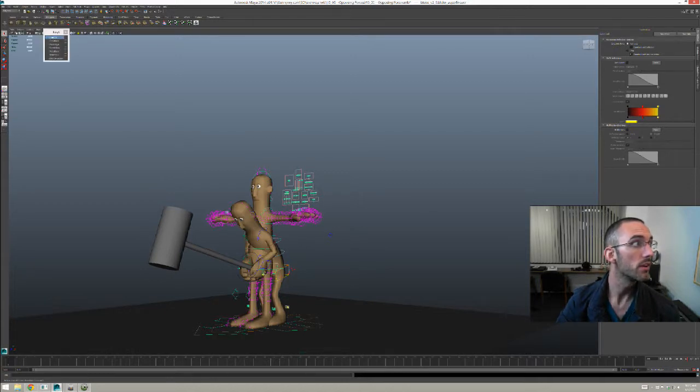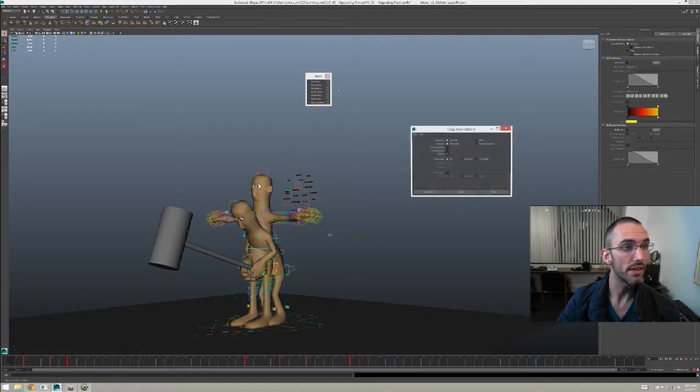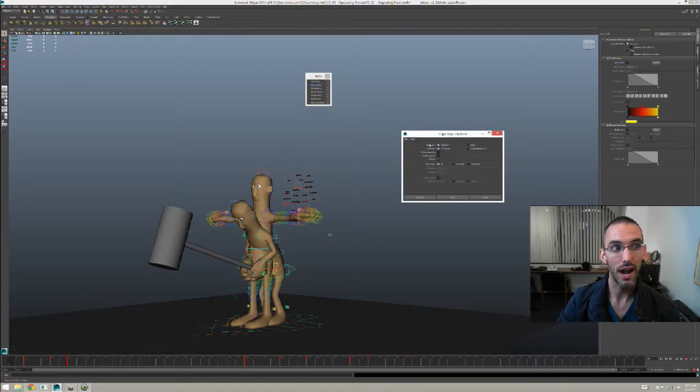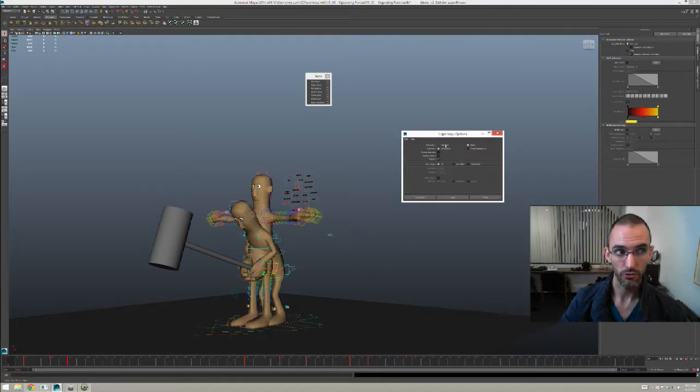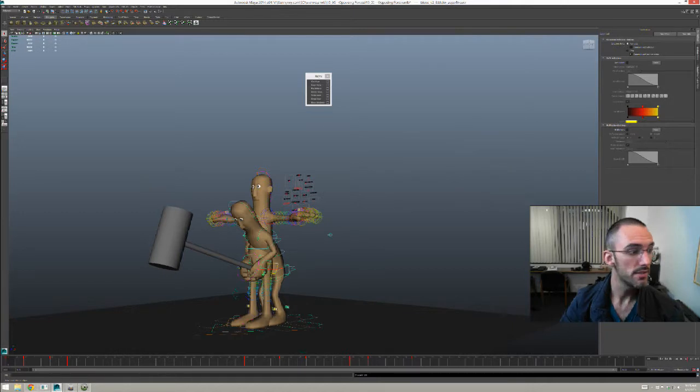So let's go keys. All right, on my animated character, copy keys, and this is what I'm gonna say. From hierarchy, selected means just the object, but below means all of the controls below the selected node. Okay, channels, all keyable. You can turn on driven channels and control points if you want, but I don't think there's any driven channels in this rig. Time range all. All right, copy keys, and now let's see what we see.